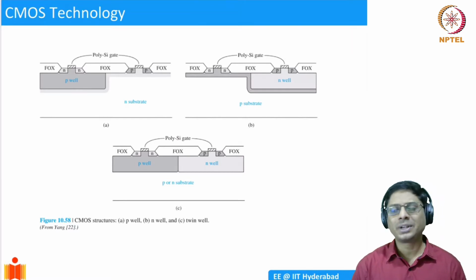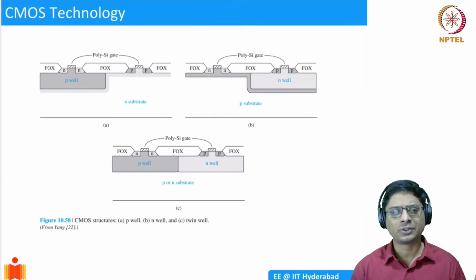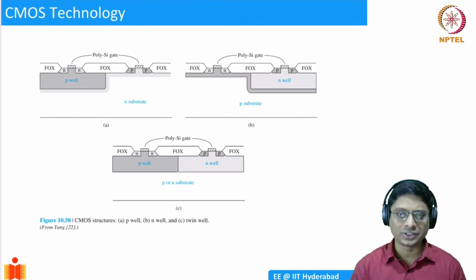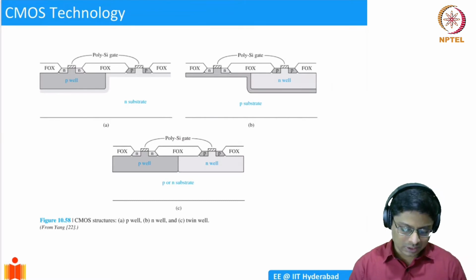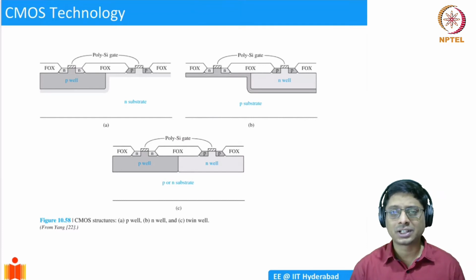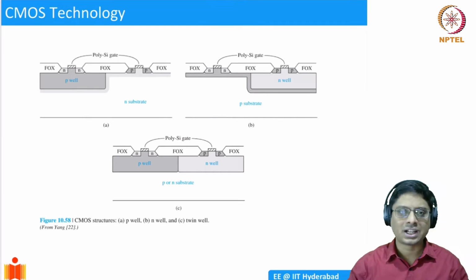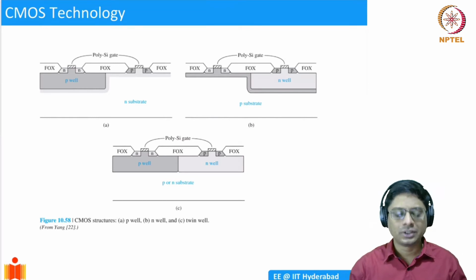So we have seen that we have NMOS devices and PMOS devices, and we want to fabricate them on a chip. We have previously talked about what a nanofab is, and we have seen some videos on that. I asked you to see some videos. The way it is done is you want both NMOS and PMOS devices on the same chip, and there are a couple of ways of doing that. For example, you could start with an N-type substrate, an N-type wafer. Then you can quickly have P-type diffusion regions. When you have source and drain P-type regions, you can make a PMOS device very efficiently. But then how do you make an NMOS device on an N-type substrate?